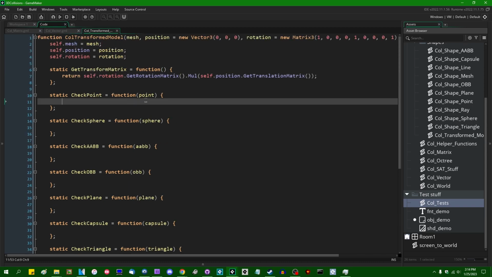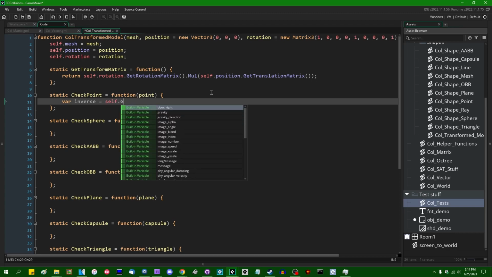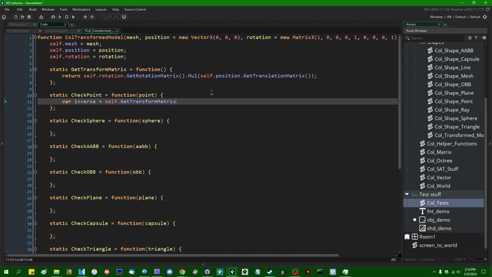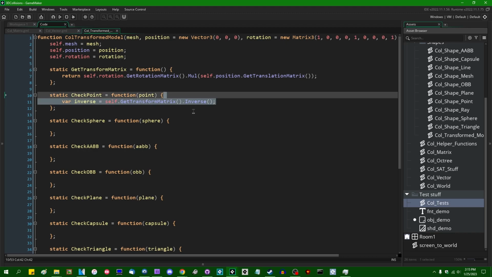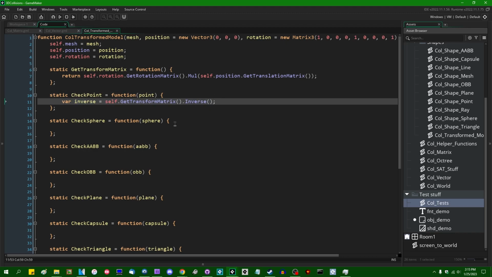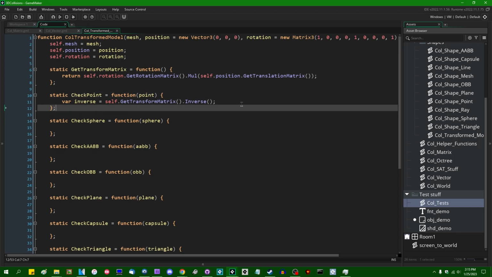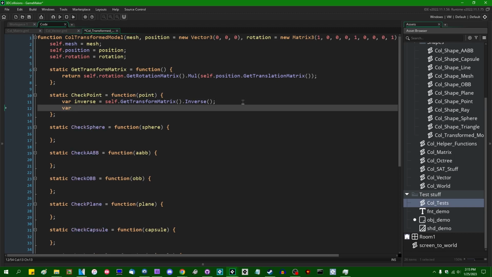So checkpoint is going to be first up. I'm going to first, and this is going to be common in every single one of these, say our inverse is going to be self.getTransform matrix, and I'm going to invert that with the .inverse method, and that's going to, well, you already know what this does. It's going to take the world matrix and get the inverse of it, and that is going to allow us to untransform the point that we're checking against, and I can declare another variable that's going to be var untransformed